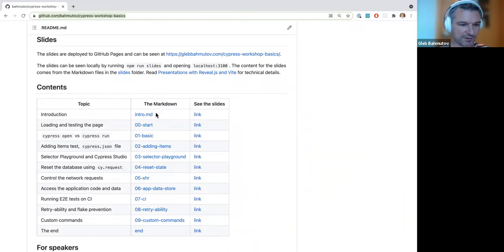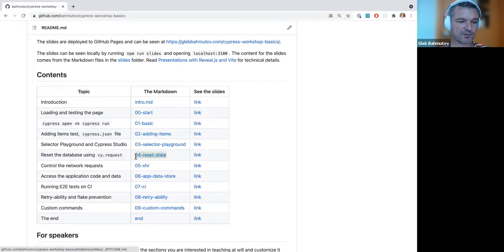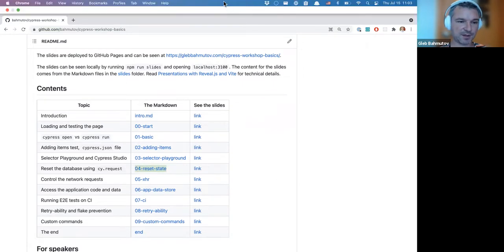Okay, so we covered yesterday introduction to Cypress, how to run it using Cypress Open, how to run it in headless mode using Cypress Run, how to write simple tests, how to add items, how to complete items, how to delete items, all by using cy.get, cy.click, cy.type commands. And also we covered how to assert that there are 2 items, 1 item, that an element has a class, all those assertions. We also covered a couple of different ways we can reset the state of our database, right, by